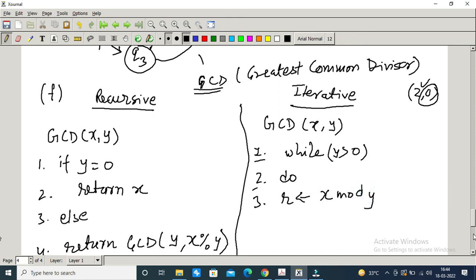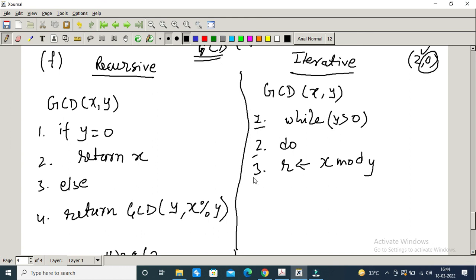This is the thing that we are doing again and again, right? Mod is your operation which gives you the remainder in the answer, right? Okay, and now we have to exchange x to y, and then y becomes your r,